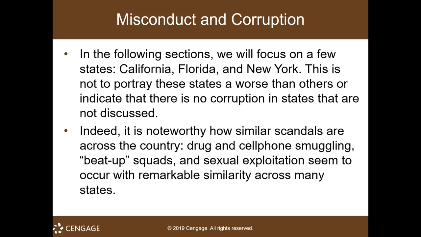So cover-ups at the highest levels also occur, arguably not because the highest level administrators are involved directly, but more so because of long-term friendships between those involved and those who can protect them and/or desire to keep illegal activities from being exposed to the public. So basically, these administrators don't want people to find out, or they're friends with these individuals, right? So patterns of corruption, again, also seem to occur when there's a lack of resources, right?